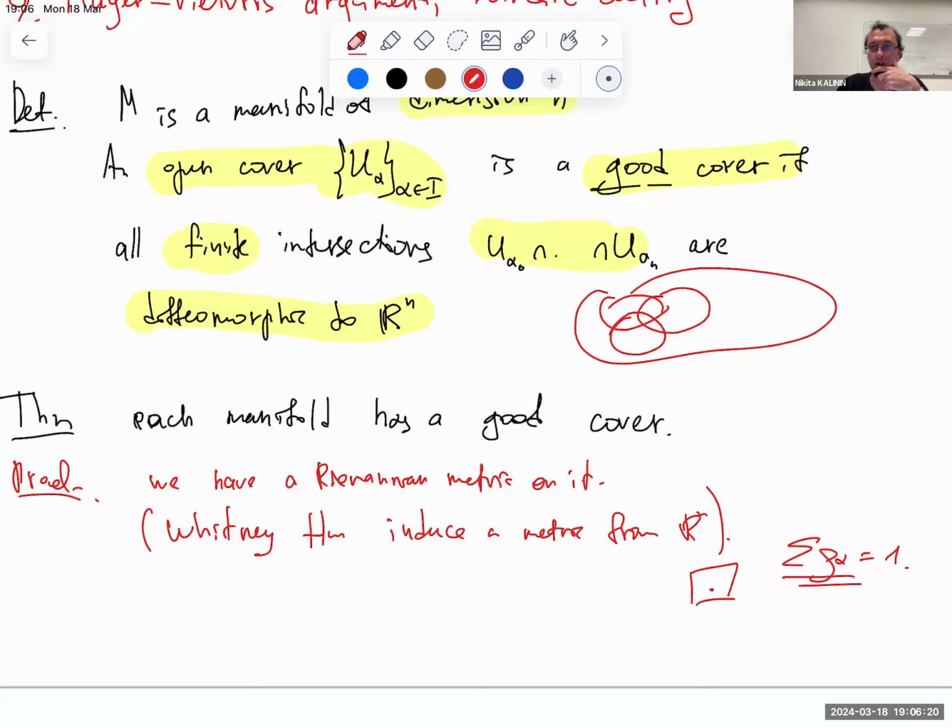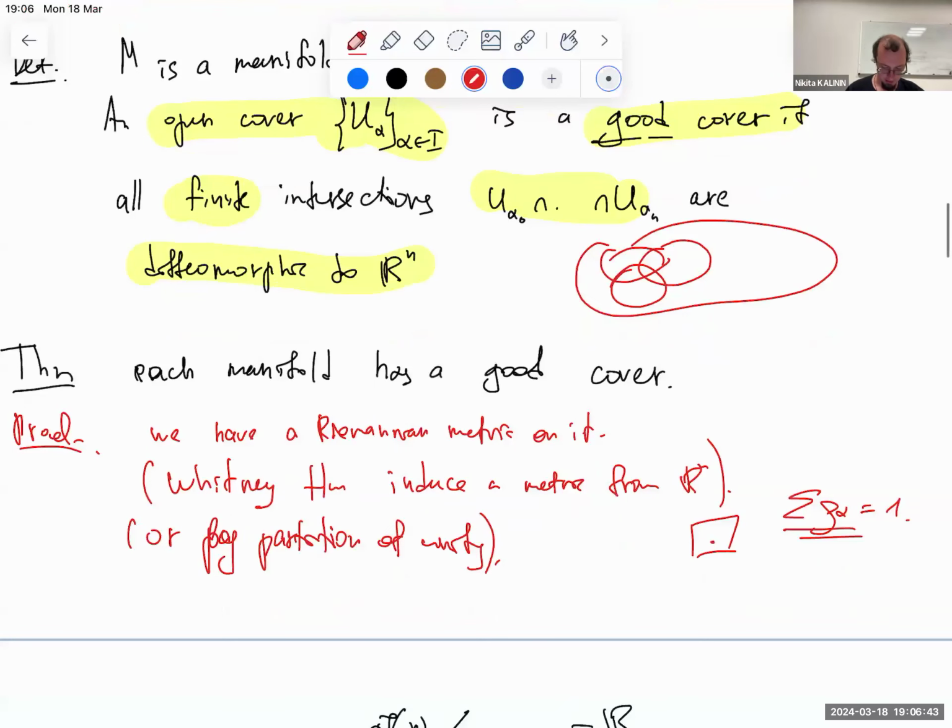Okay, that's by partition of unity you can do it. Well, anyway, there is a Riemannian metric. And then another step is to show that in this Riemannian metric, if you have it,